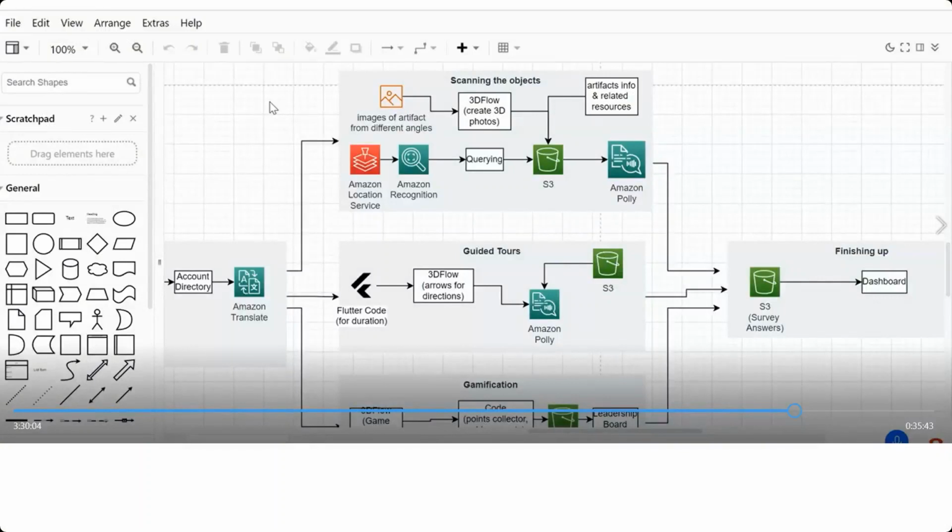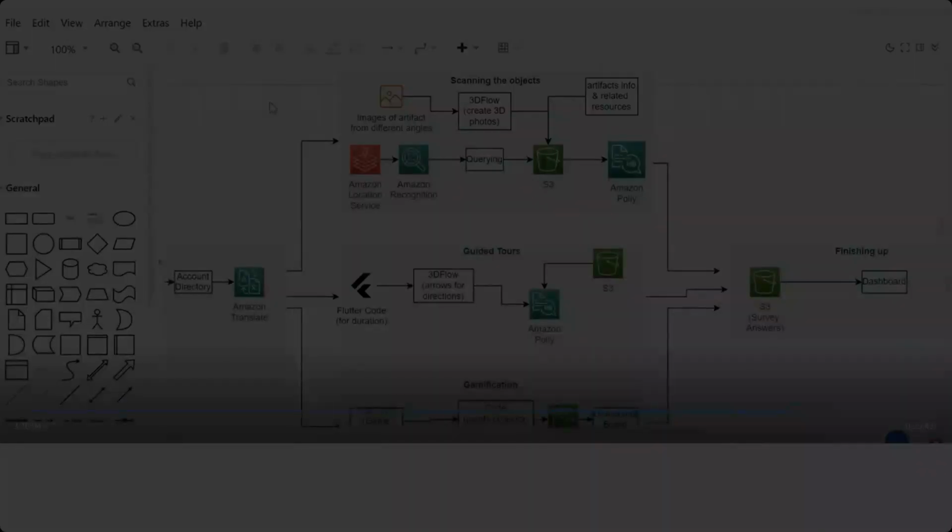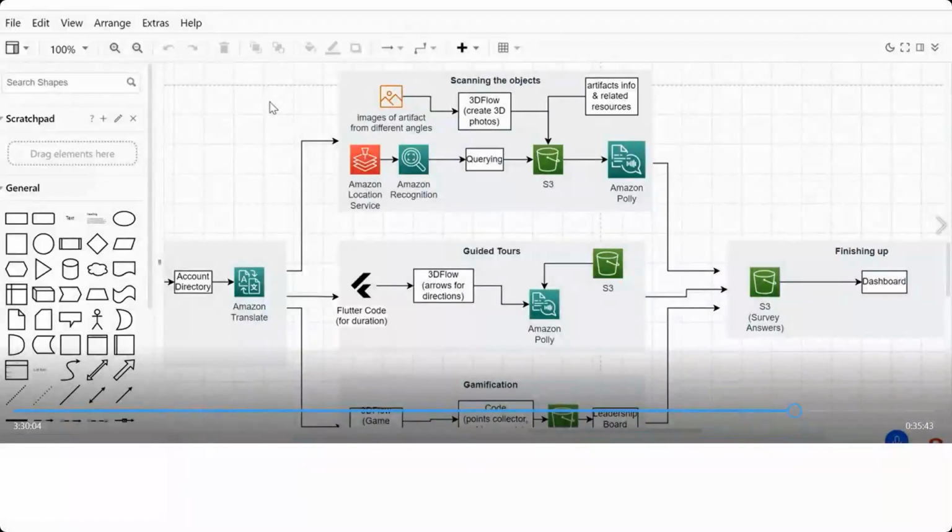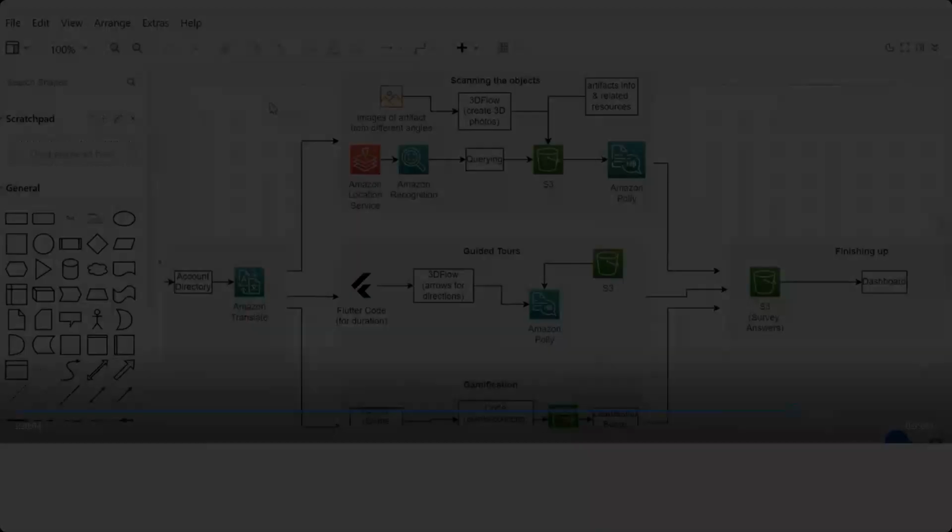Now we come to the prototype, once defined. This is the prototype side. We do the architecture and design, and this comes after about 40 or 50% of engaging the customer to understand the problem, ideate, and define. Then I come to prototype. Before I prototype, I do the architecture and design, then I start coding. And this was done by one of my colleagues here.